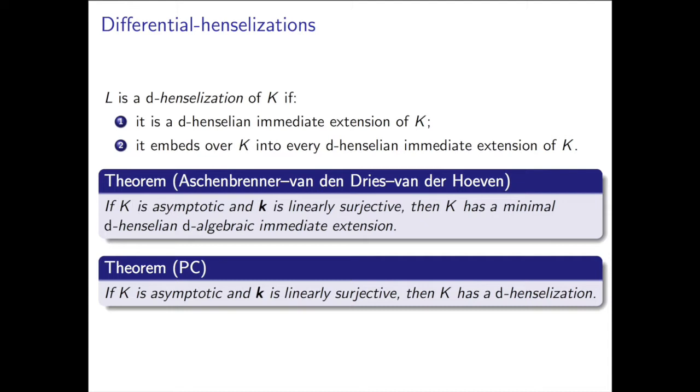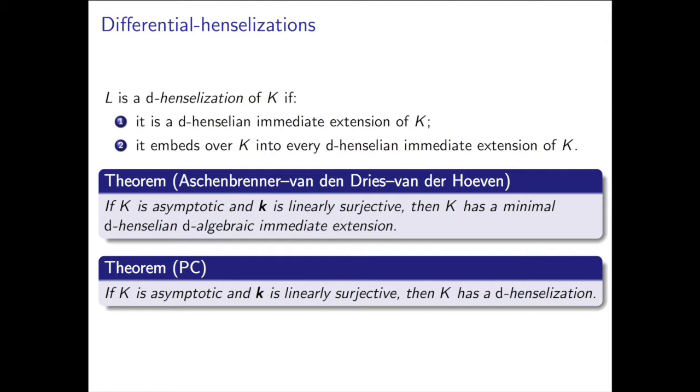And what this uses is the previous result about d-Henselian implying d-algebraic maximality. So what's the difference between minimal and just henselization? By minimal, I mean with respect to differential subfields. K has an extension L that is differential Henselian, differential algebraic, and an immediate extension, and it has no proper differential subfields that contain K. Of course, once you get this embedding, you get uniqueness because you can embed them into each other.